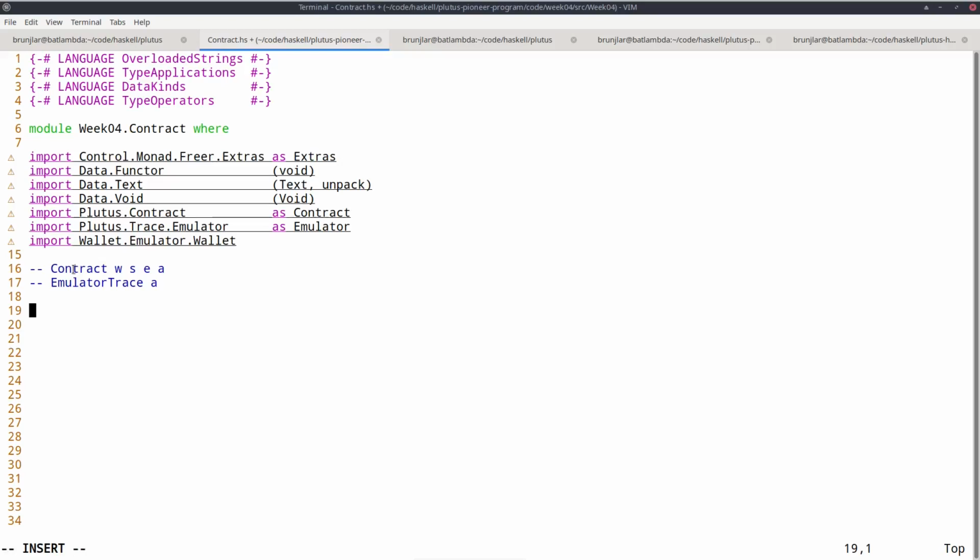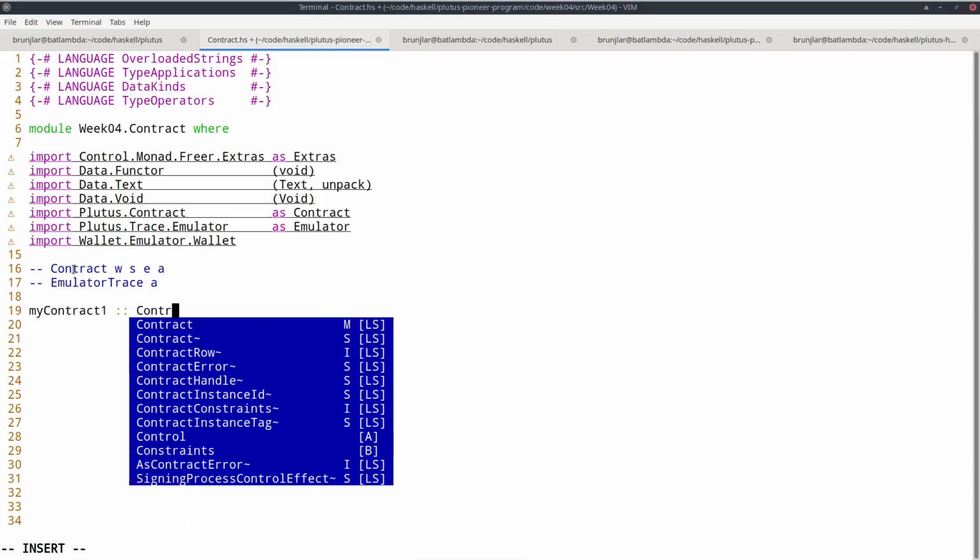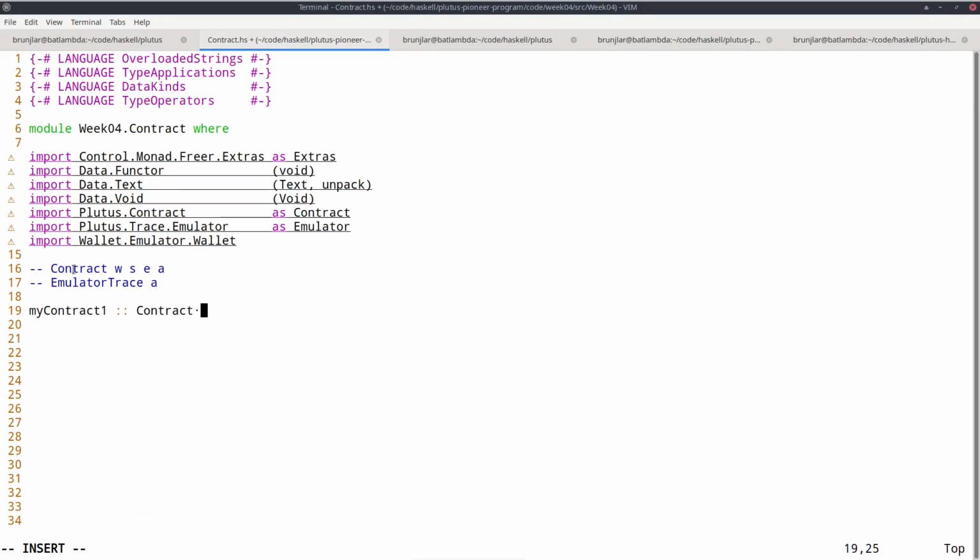So let's do a first example. Let's call it myContract1. And let's say we don't want to write any state, any log messages, so we can pick unit there. Now we also right now don't need any endpoints, and for that there's Empty. So we can specify the Empty type, and that means no endpoints available.